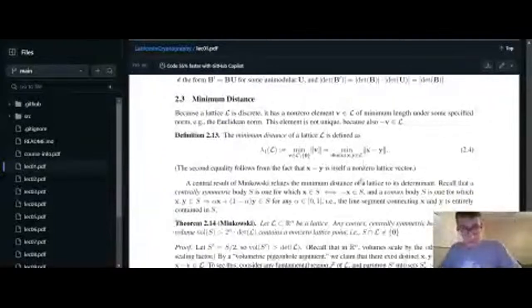minimum distance. So let's write this down because